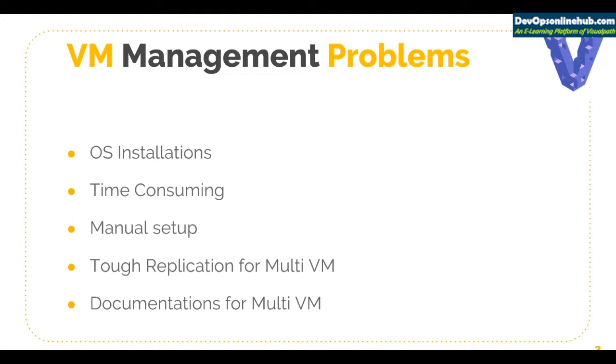So whenever you're using a tool, like we are using Vagrant to solve virtual machines related problems, you need to understand the problem and the solution of that with the tool, like Vagrant. If you create virtual machines manually, you have to install operating system. You create a virtual machine and then you install operating system, you select an ISO file, download an ISO file, you start the installation, and that takes quite a long time. It's really a time consuming process for VM setup. And again, everything you have to do manually. You have to select all the options by yourself.